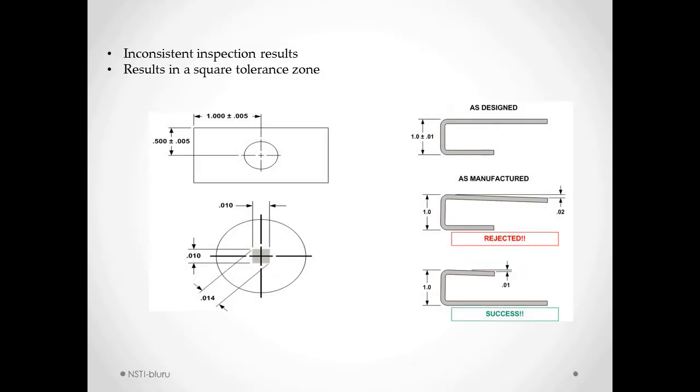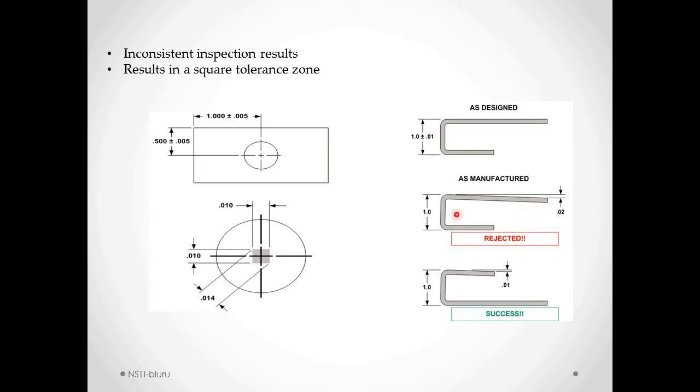One more result I will show you. See, this is the drawing which is given in the design, and we calculate the size tolerance. When we go with the normal size tolerance method, the size is achieved as per the tolerance value. But if you go to the shape tolerance, that is GD&T tolerance, you can see the deviation is 0.014, but our tolerance is only up to 0.010. So it fails in the shape. You can see it is as designed, but the manufactured part is like this, so it is rejected.